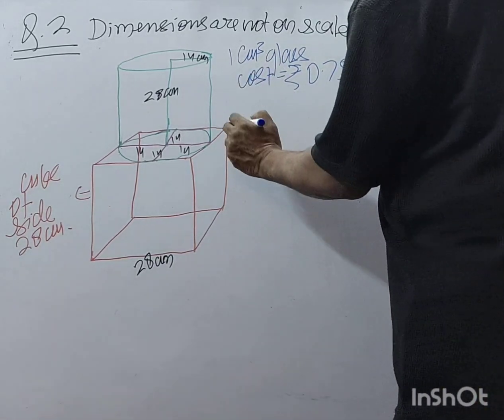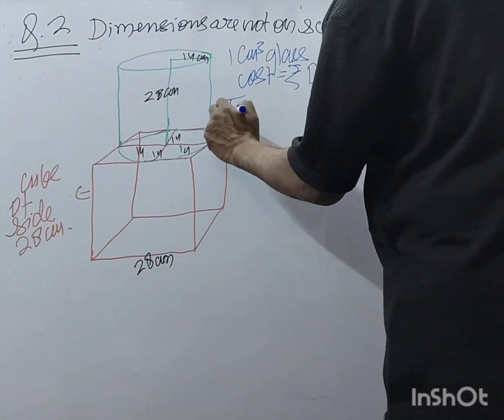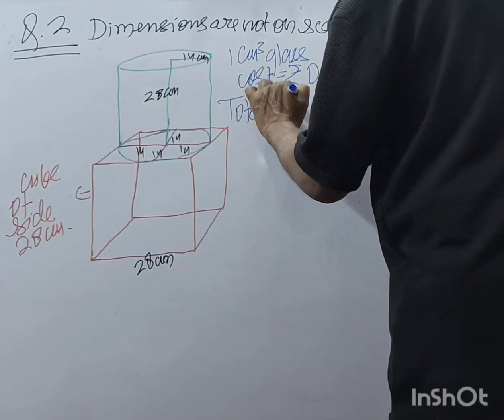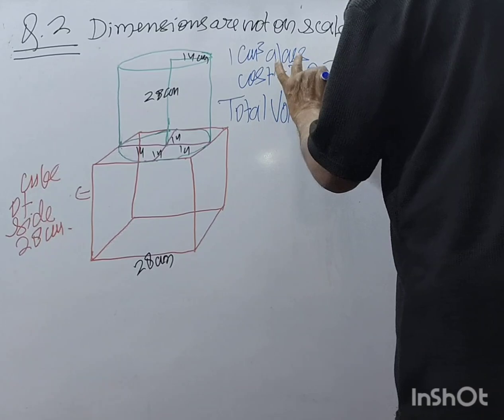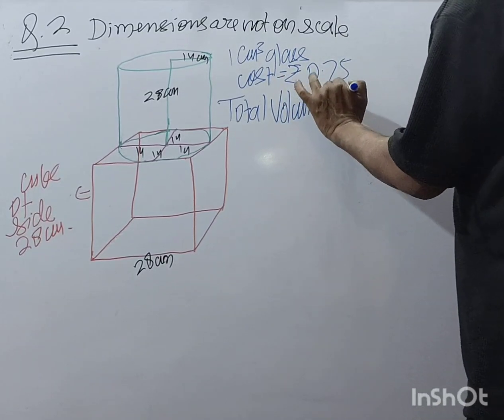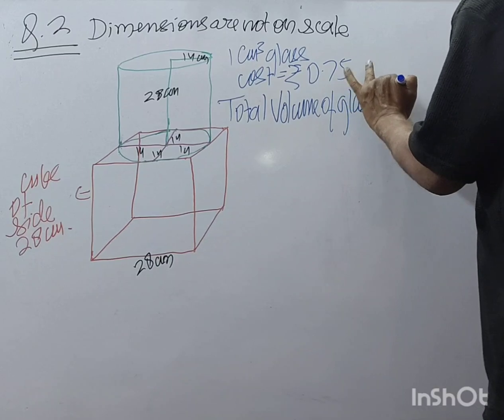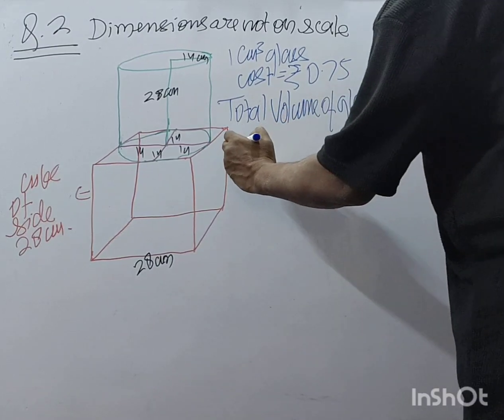So now it means total volume of glass block is equal to,